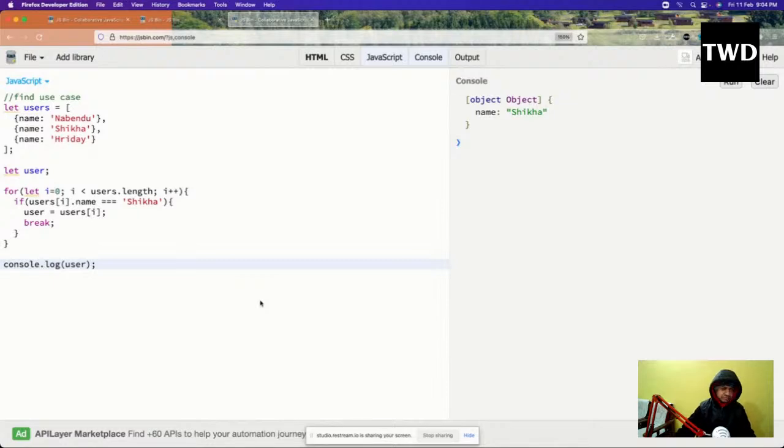Now the thing is that there is again a very good method in ES6 which is known as find. Find is there. So const maybe coder equal to users.find. So it will find the first one, then you have to add some very big logic there. It will find the first one. Even this find won't find the second one. You have to use some logic there. user.name